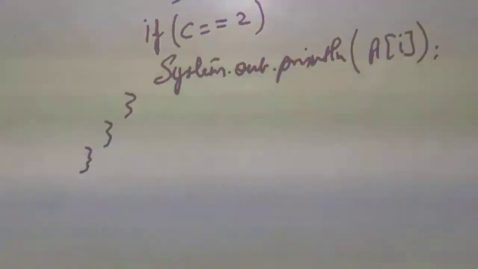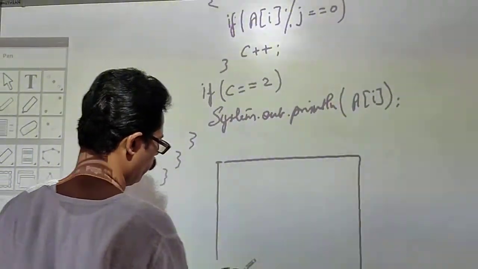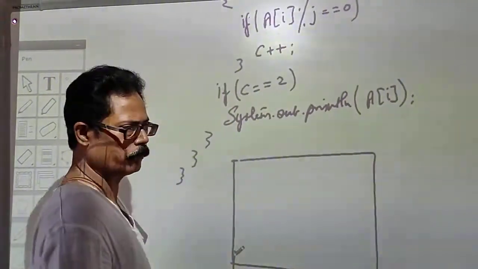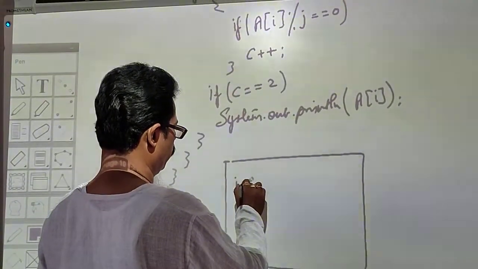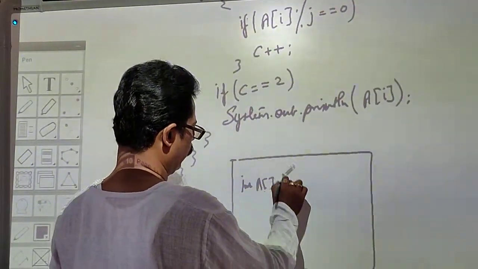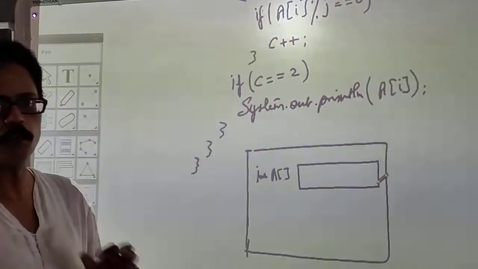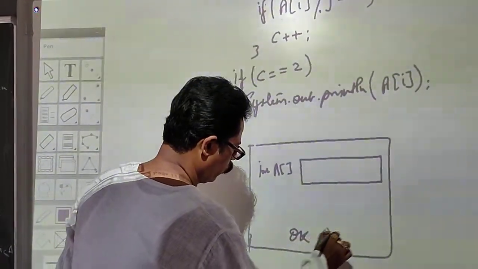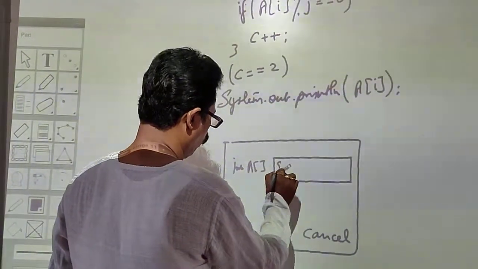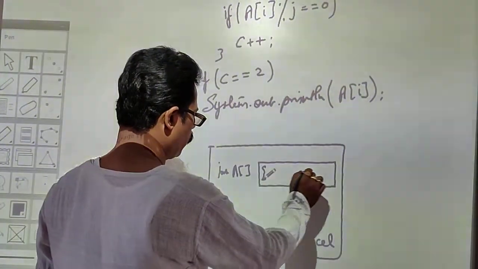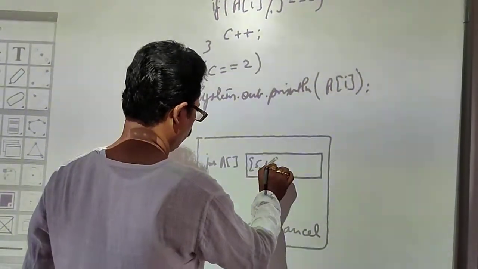Now when you execute this particular program, you get a kind of a box. A box appears on the screen, and you are asked to enter the values for int a. There will be a box with OK and then Cancel. So how are you going to accept the values over here? You will write this way: open curly bracket, write the number of elements that you want. Since it is 10 over there, I'll take only 5 for example,